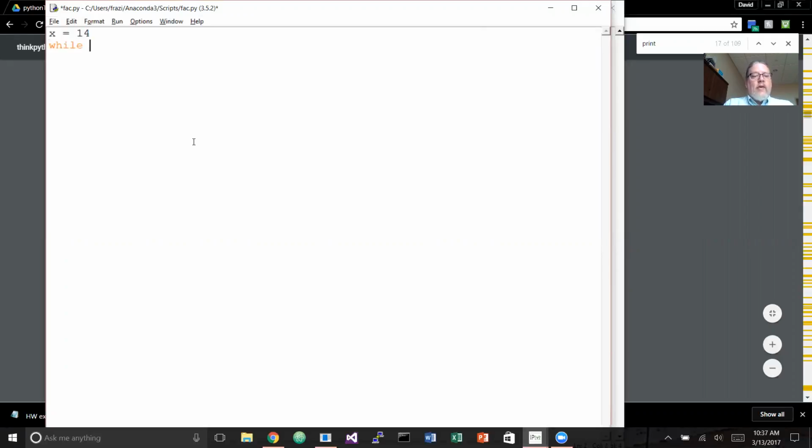And I can say while x is greater than 0. Okay. I can print something like that would be the basic idea here, okay? And then over here, say,